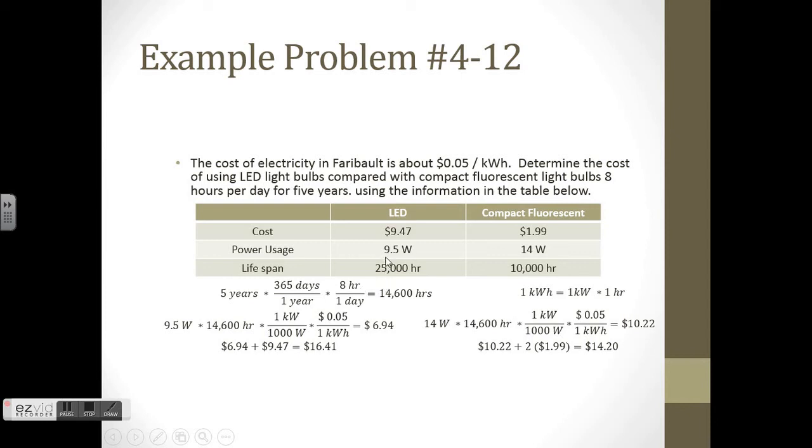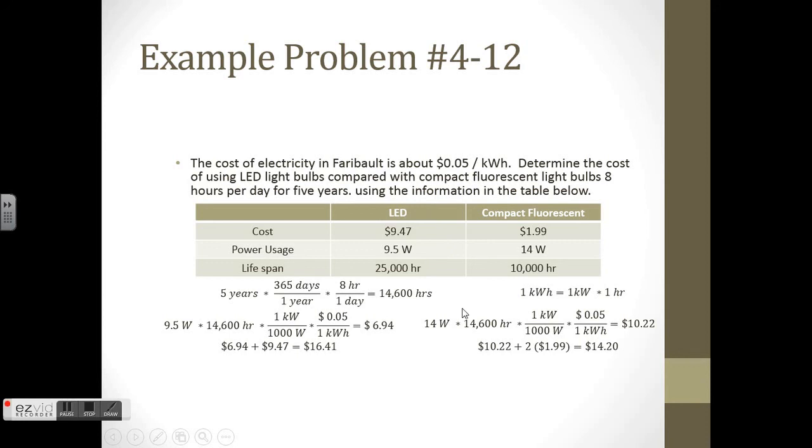If I can continue to run the LED light bulb, and let's say we run it for 22,000 hours, and I add another $1.99 on here, what you can see is I'm already getting close to what the compact fluorescent is. So it's possible in the long term that the LED light bulb does work out to be better. Maybe somewhere in the 20 to 25,000 hour usage range, the LED light bulb is better. So this is an example of a problem where maybe under some scenarios this is your better choice, the cheaper light bulb that's less energy efficient, but in other scenarios the more expensive light bulb that's more energy efficient is